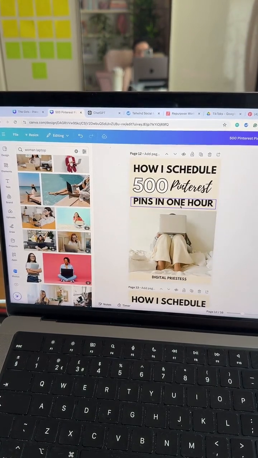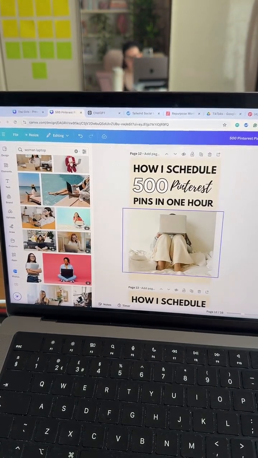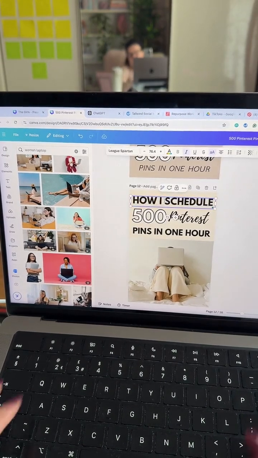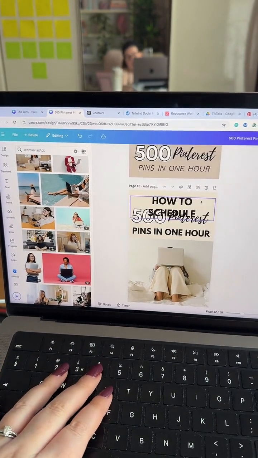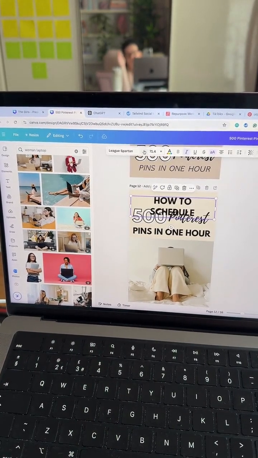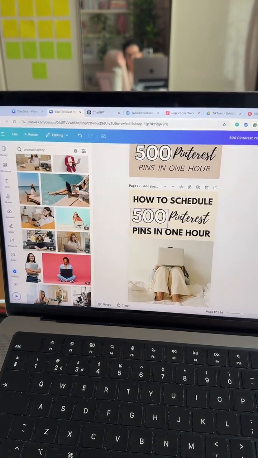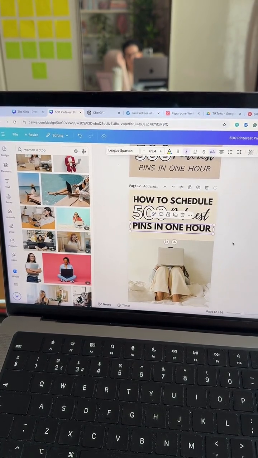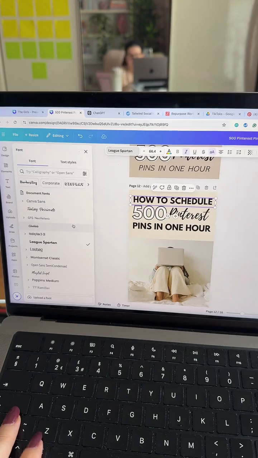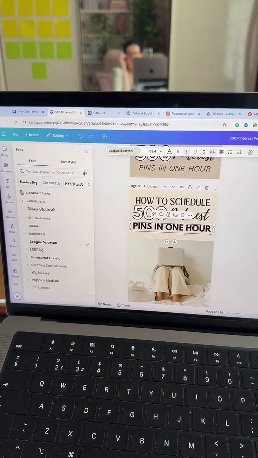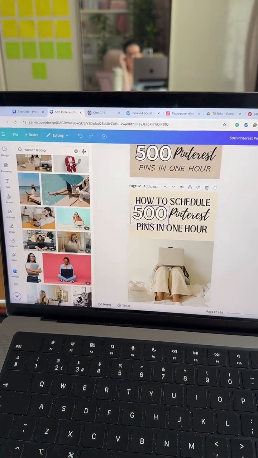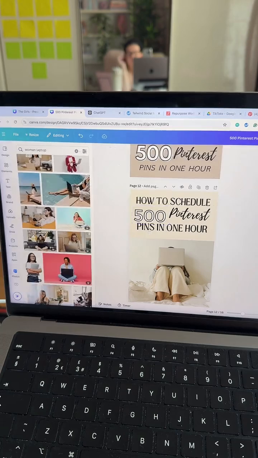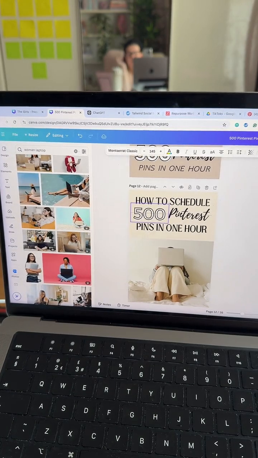Let me go down to this one. I don't like this bar at the bottom. I'm going to get rid of that. I'm going to pull this out a bit more. I'm going to change "how I schedule" to "how to schedule", so it's a bit more about the person. And because this, again, let's change the font. Let's do something. Oh, that's pretty. Lou bag. Okay, I like that.